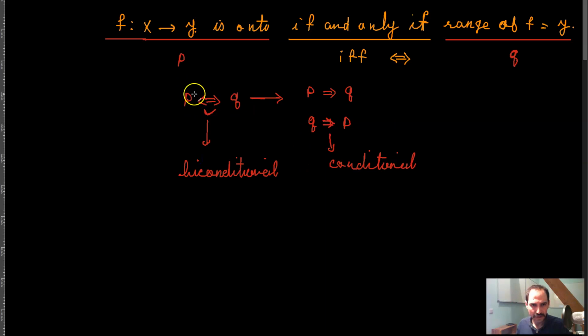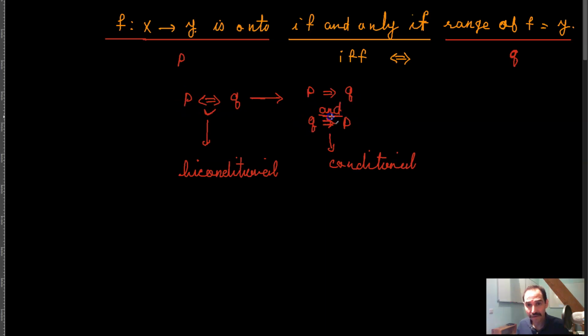So a biconditional is a two-way conditional, meaning that P implies Q and Q implies P. But when you have a conditional, what that means is that P only implies Q, but Q doesn't imply P. But since you have a biconditional, P implies Q and